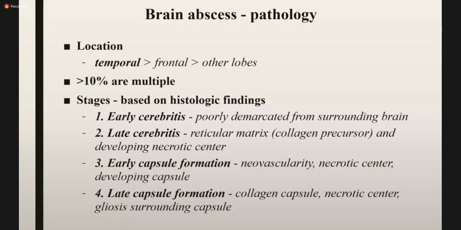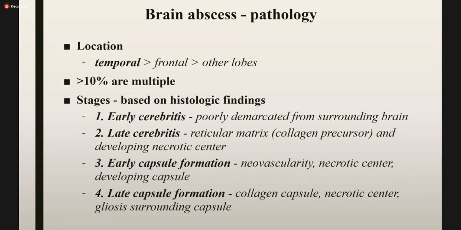It can be an early cerebritis, which is poorly demarcated from the surrounding brain. Then as the days pass, the patient develops late cerebritis, in which there is involvement of the reticular matrix, collagen precursors, and development of a necrotic center. Then in the third stage, early capsular formation, there is new vascularization along with a necrotic center and developing capsule. In the late capsular formation stage, there is a lot of collagen capsule, necrotic center, gliosis, and surrounding